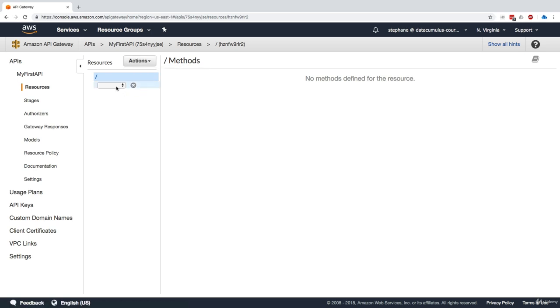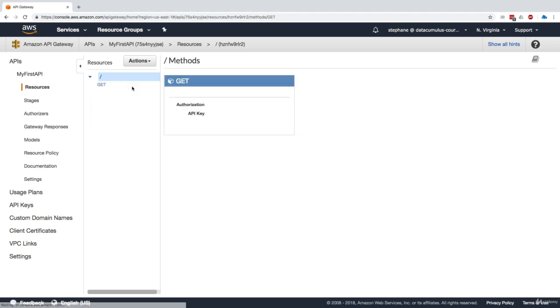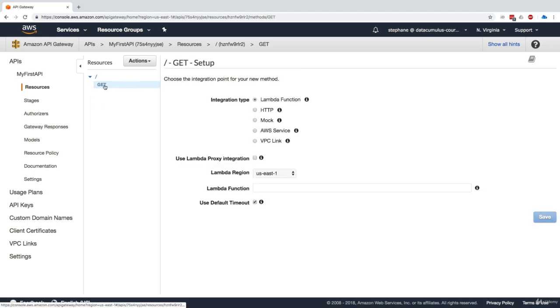And so here we're able to create a method, and the method can be any HTTP verb you may be familiar with. When you visit a website, for example, you have a GET. But when you sign into a website or you add data to a website, it's usually a POST, and so on. You get all these HTTP verbs. To make things simple, we're just going to have a GET. I'll validate it, and here we have added our first GET API.